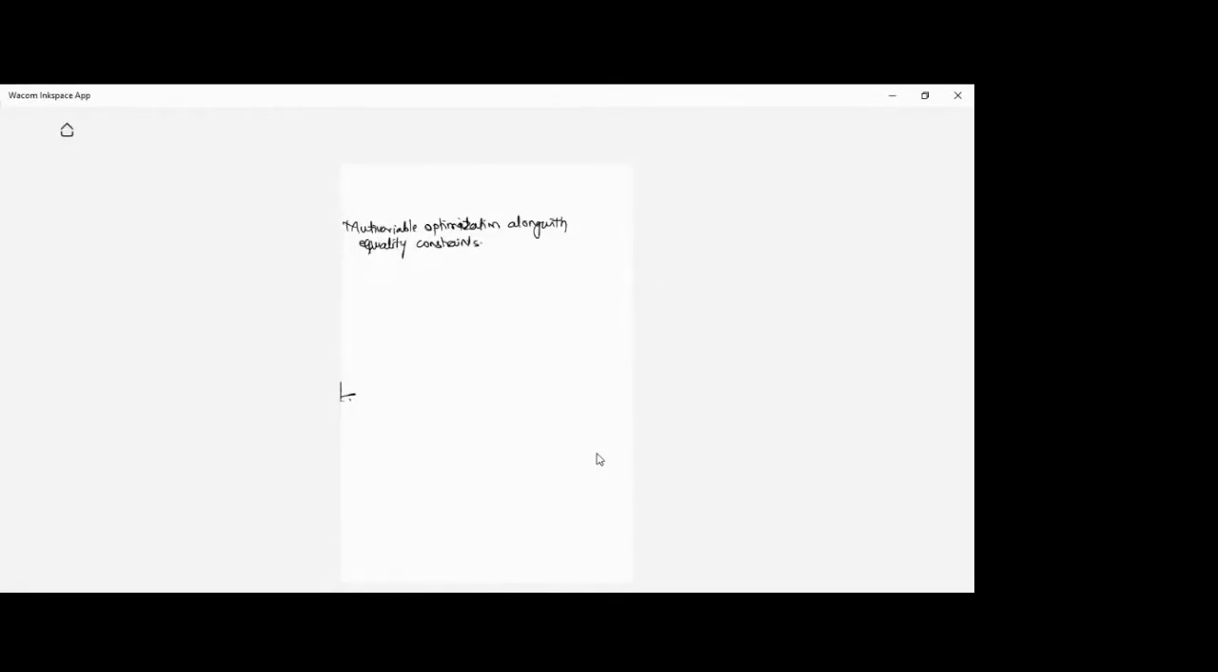Variable optimization along with the equality constraints, right? So first thing, what is new here? There is more than one equality constraint, right? So this is one thing, and the second thing is that